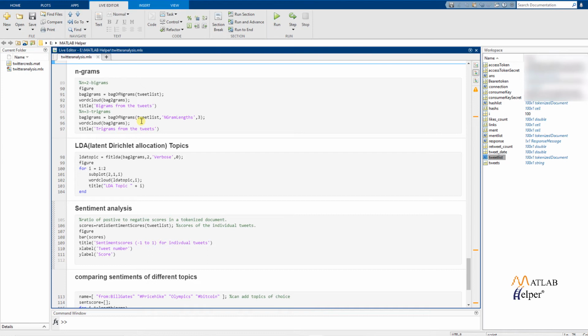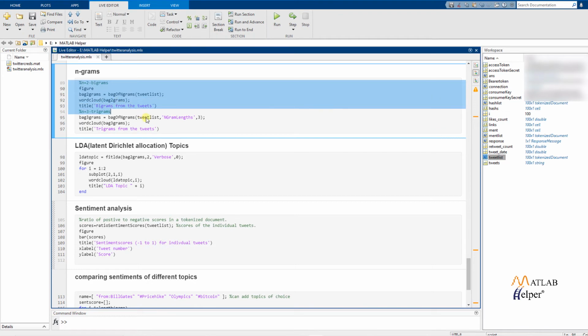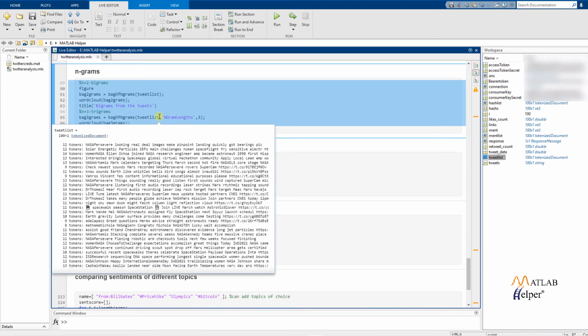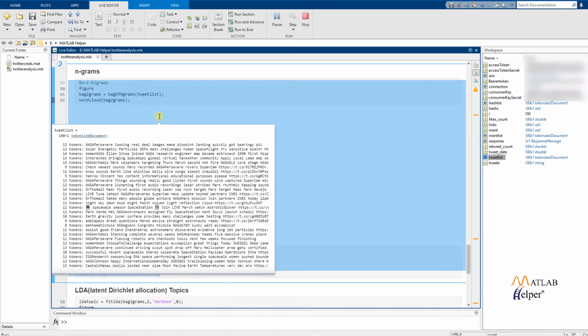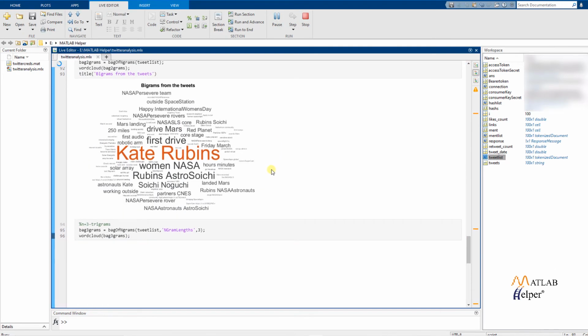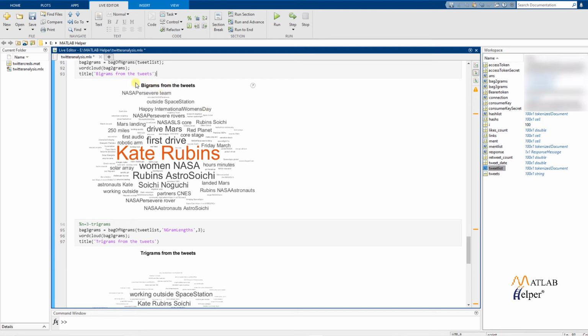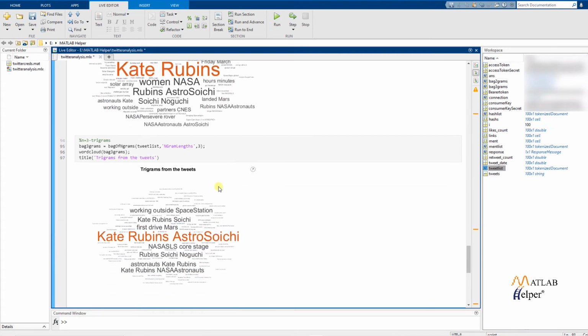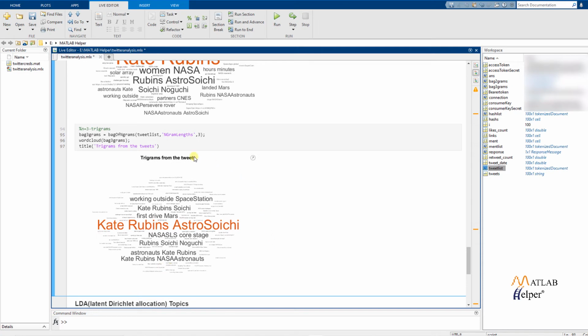Similarly, we can create a trigram, which is three words in succession, using the same bag of n grams function and passing a parameter name value pair, which is n-gram length. We can then create word clouds for the bigrams and trigrams present in the tweets. This is what bigrams from the tweets look like, and this is what trigrams from the tweets look like.